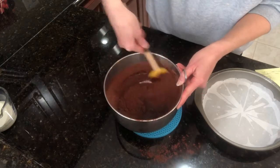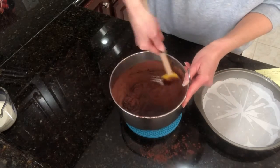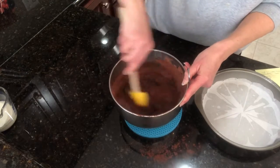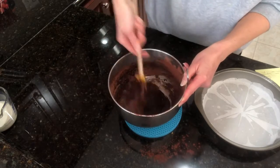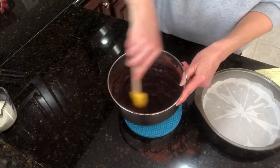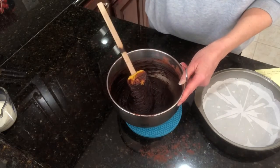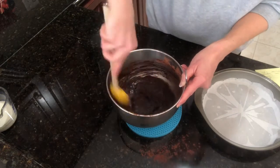Oh, just as a note, if you are using semi-sweet chocolate versus bittersweet chocolate, that's just gonna be obviously how much sweetness is in it. It's gonna be a little bit more bitter of a cake, or a little bit less sweet of a cake if you use the bittersweet chocolate, versus the semi-sweet tends to have more of a real cloying sweetness to it. Okay, so